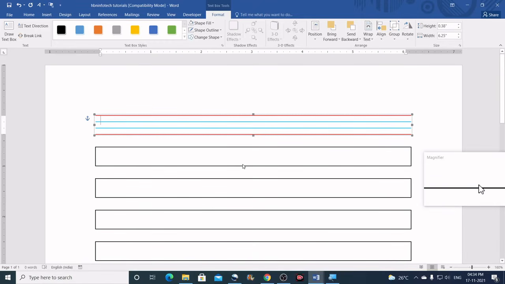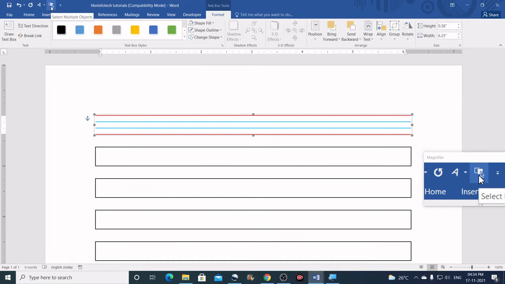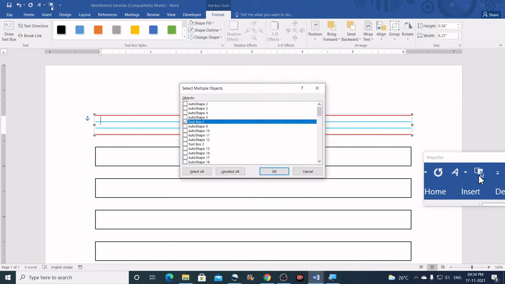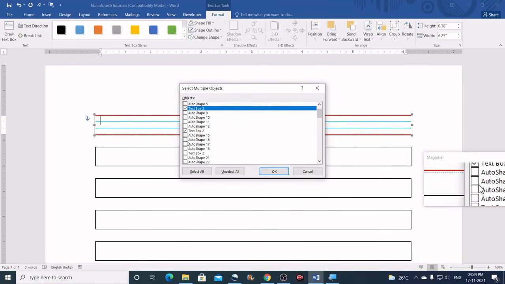Now here we can apply the shortcut technique. Click on the button we just added to the Quick Access Toolbar, Select Multiple Objects, and here select the text boxes alone. Leaving the other autoshapes, select the text boxes carefully, just like this.